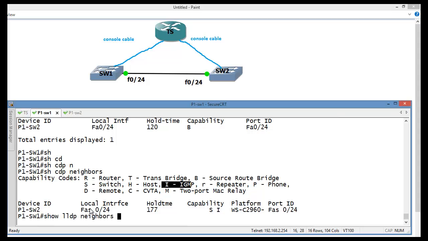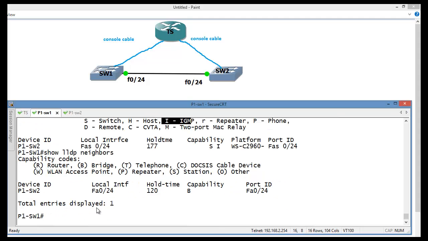But in LLDP, this is B for bridge. It can identify routers, bridges, telephones, and all those things. You can disable it, and the rest of the commands you can execute like CDP.